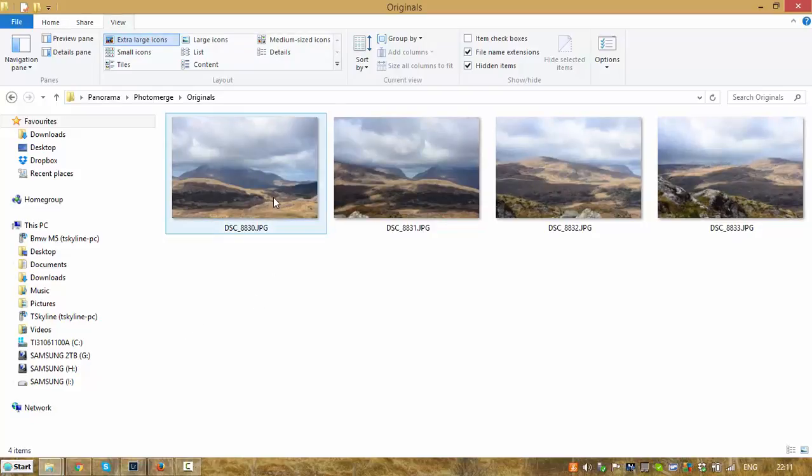So this one was the right hand edge, this one was the left hand edge, and so we're going from right to left, which is a bit strange on the screen, but Photoshop will be able to work it out. So I want to stitch those together to make one big panoramic image, and to do that I need to open Photoshop,